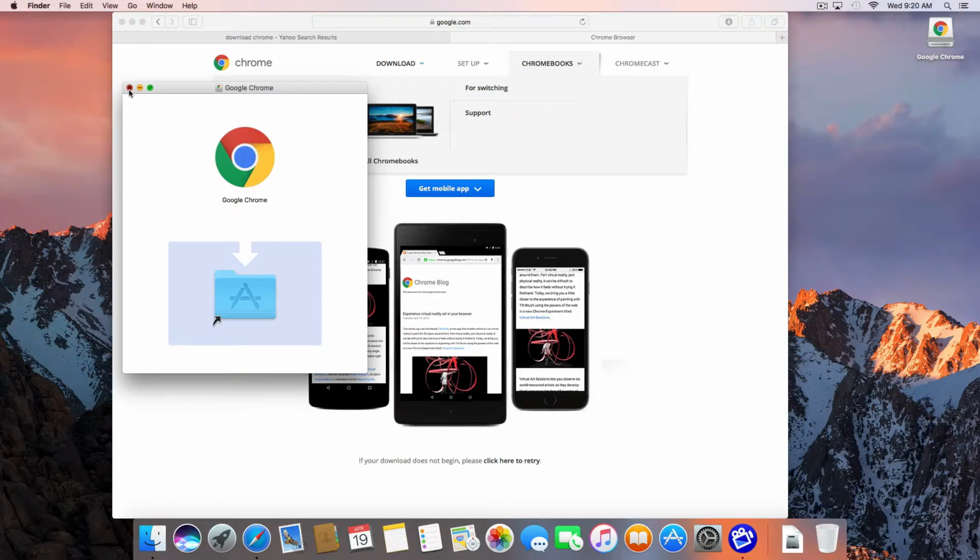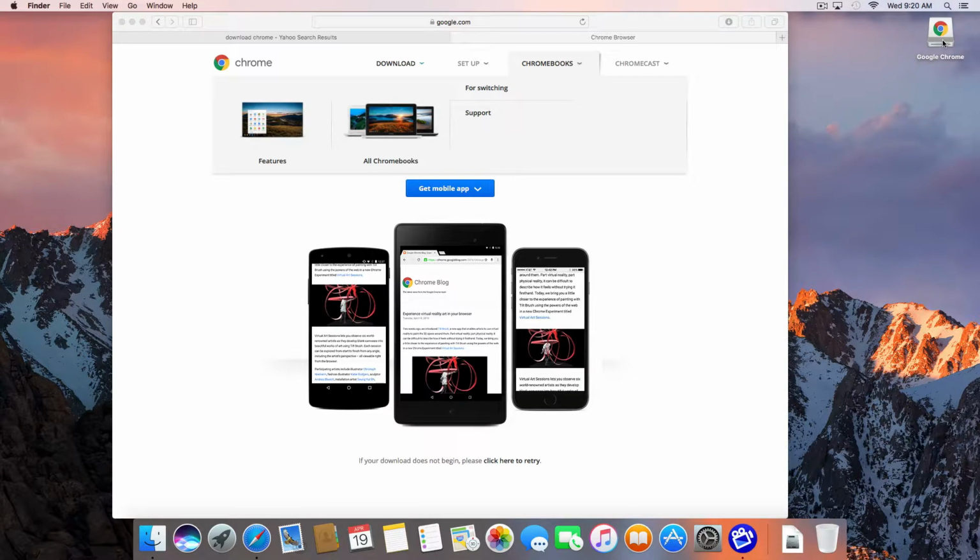We're done with this. And so what I always like to do is eject this disk, so to speak. It's a disk image. There's two ways you can do that. You can drag this over to the trash. You'll see it becomes an eject icon. Or if you want to be good at shortcuts, you'll do Command E for eject. And that just takes a second and it will go away. While it's doing that, I'm going to open my applications folder